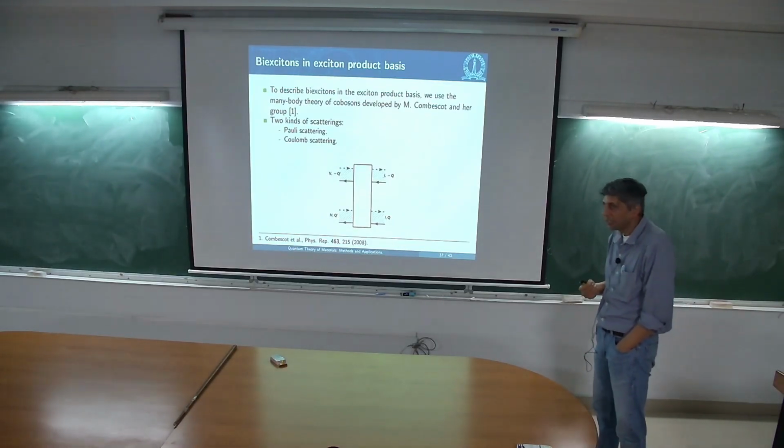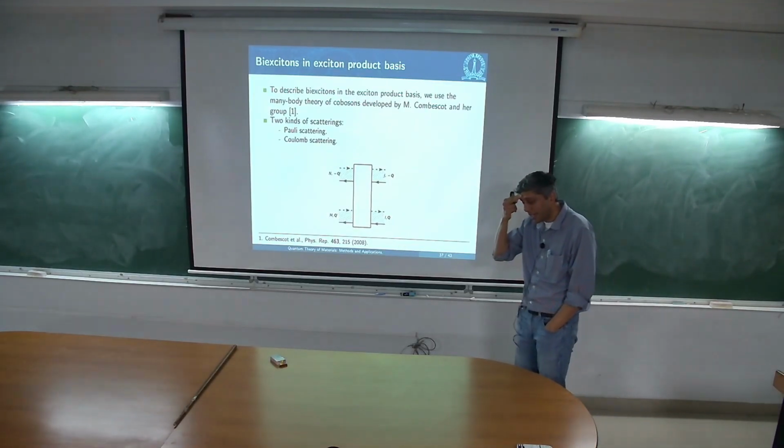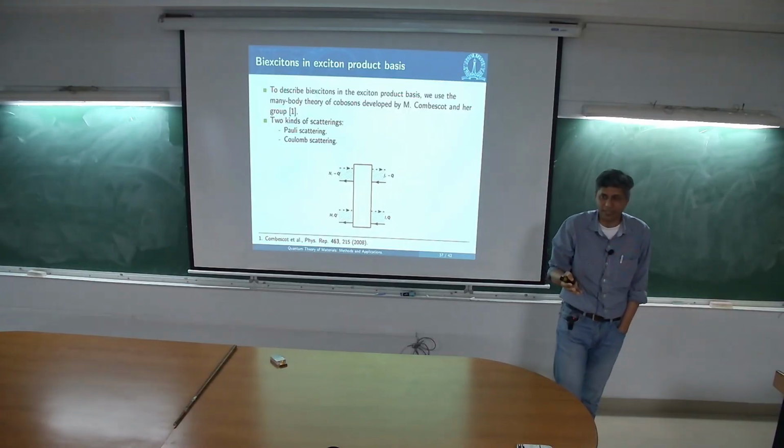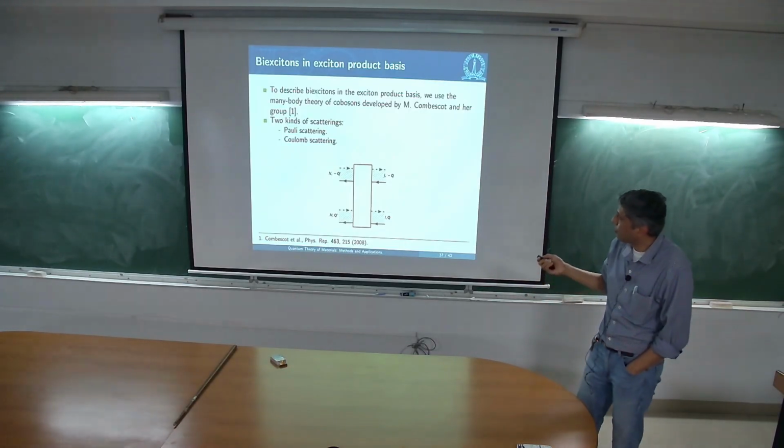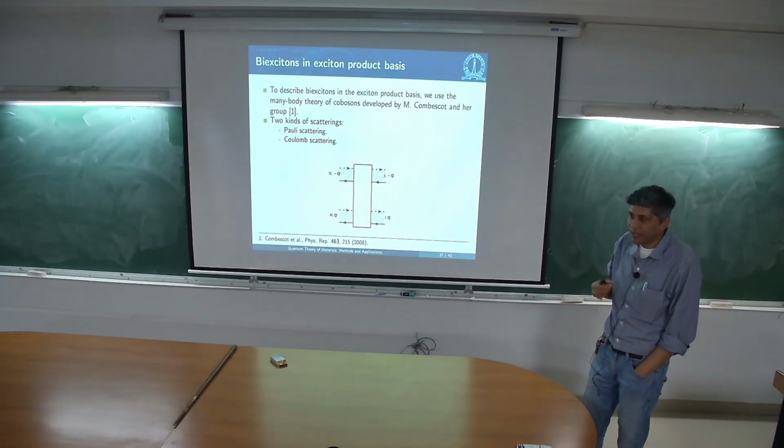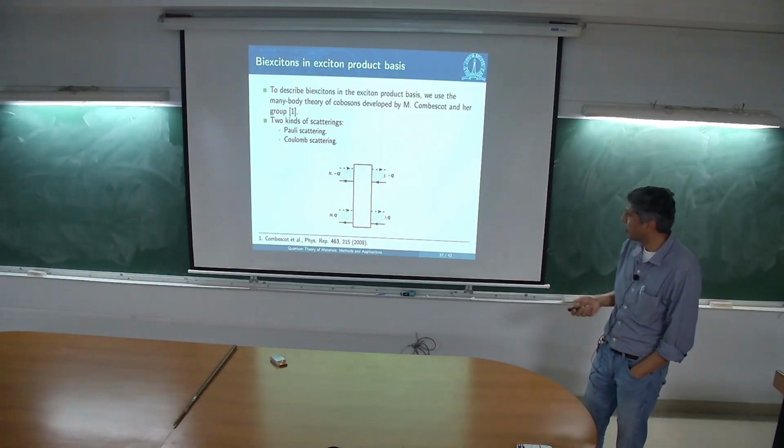But then you start asking yourself the following question. I had a Hamiltonian for the 4 particle basis, and I knew what to do there. But now I have to write it in the exciton product basis. How am I going to write this entire thing down? There's actually a very nice work by Monique Kombaskat and her group where they have written this